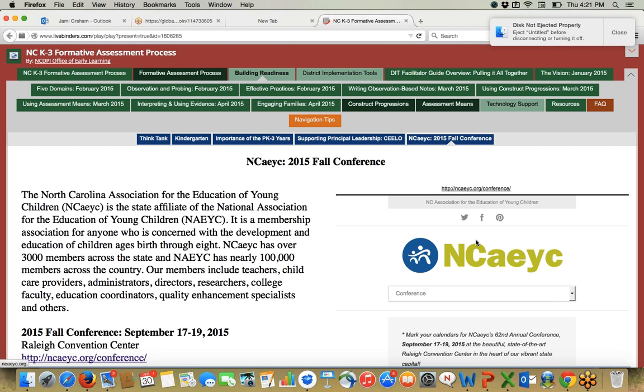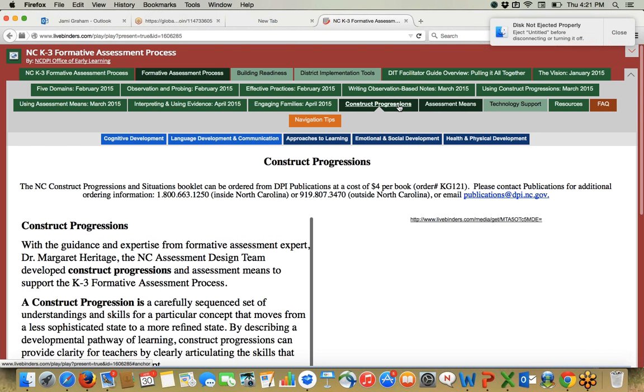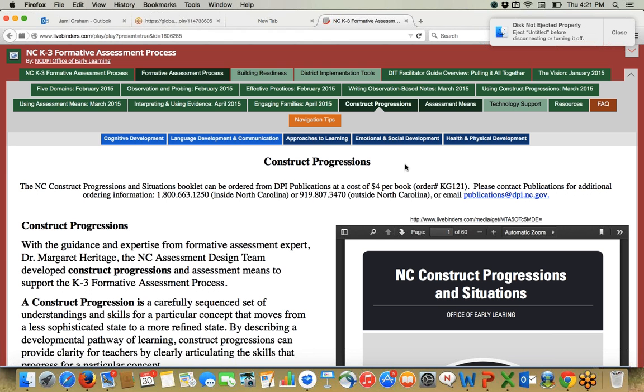So there's a question about materials for use for some of the assessments like the ones I've talked about today. I do want to share two resources. The first is on the Live Binder, and it is the Construct Progressions tab, the green tab. There is information about publications. There are blue books that have been